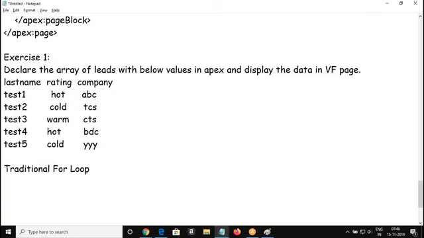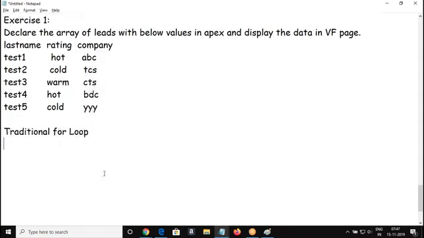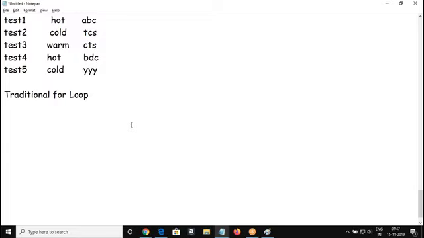Okay. Now we are going to see what is a for loop, the traditional for loop statement. It means in Apex, I can do the looping. You remember when we discussed the looping component, the traditional for loop, right? What is the format of the traditional for loop? You have an initialization part and your exit condition here, and you have increment or decrement here. Okay, open and close bracket.